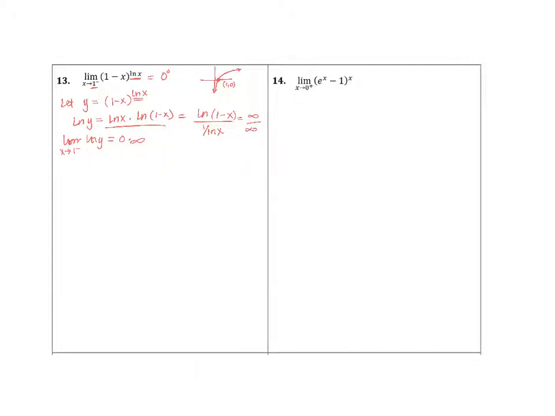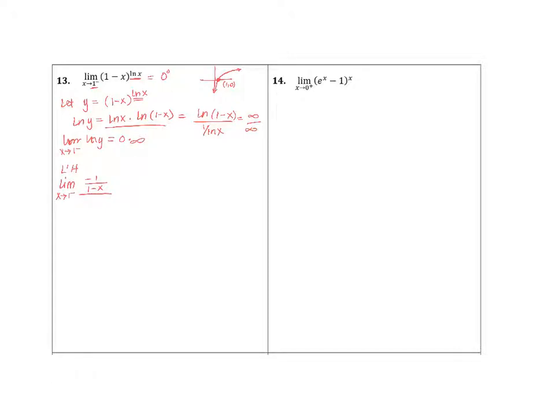So that changes things a bit. And if we have that, then we qualify for L'Hopital's rule. Let's see what happens there. Again, we'll look at our limit as x approaches 1 from the left, and we do our derivative. So we're going to have negative 1 over 1 minus x, and then all of that is over